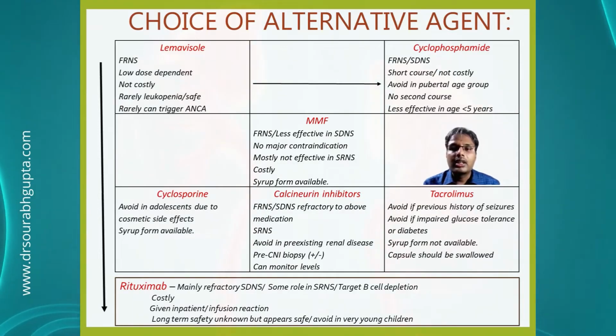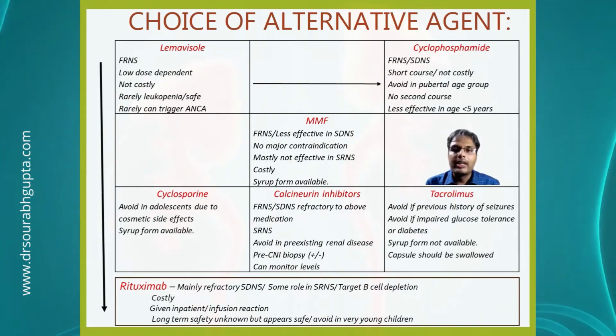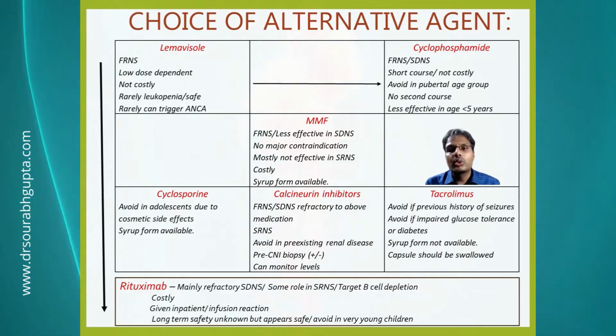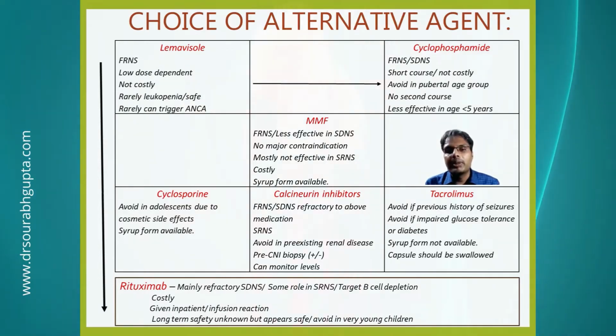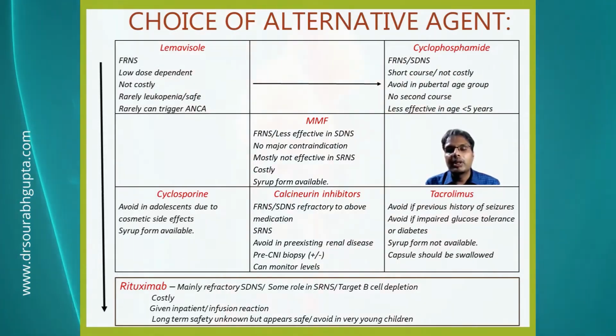The other drug is cyclophosphamide. Again, it can be given for frequently relapsing nephrotic syndrome and steroid-dependent nephrotic syndrome. It's again not costly. The only thing is that it's a drug for which the course cannot be repeated. A course of 3 months, which is around 84 days, of therapy with a cumulative dose of 168 mg per kg of total